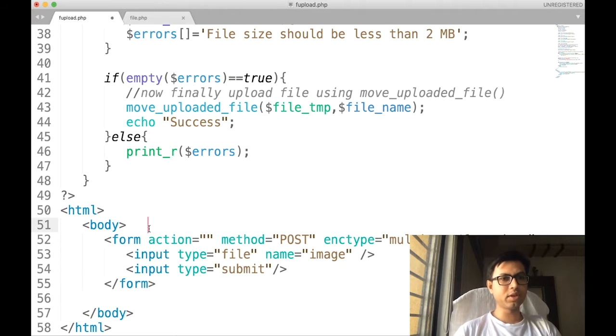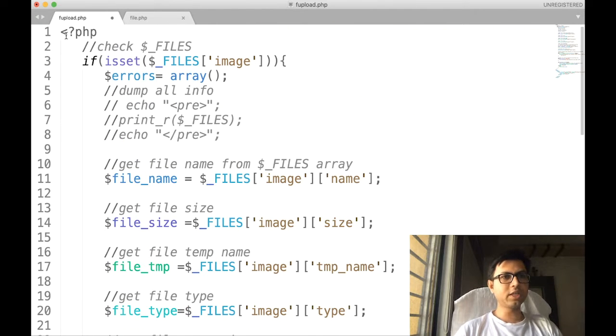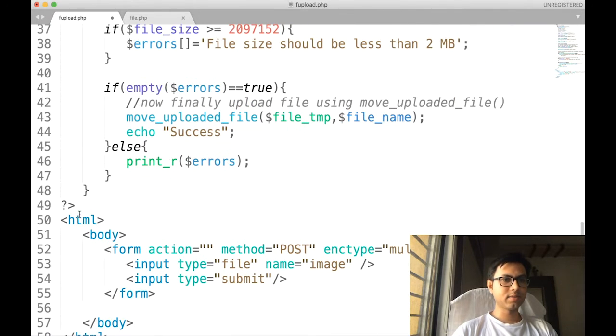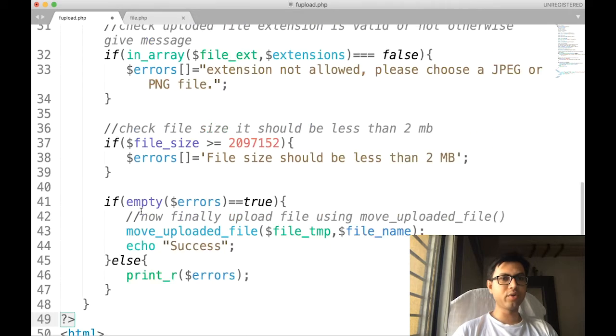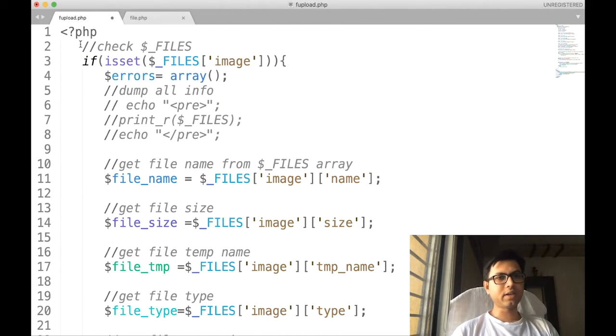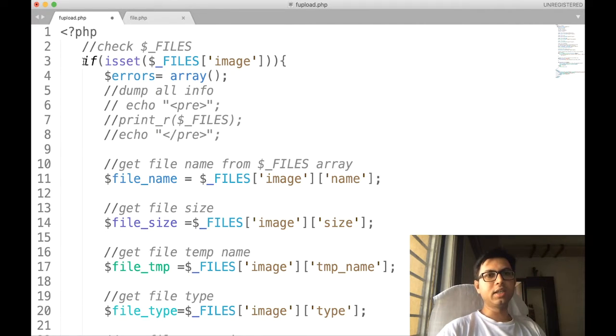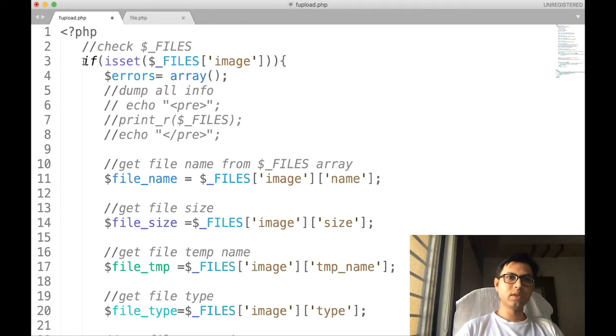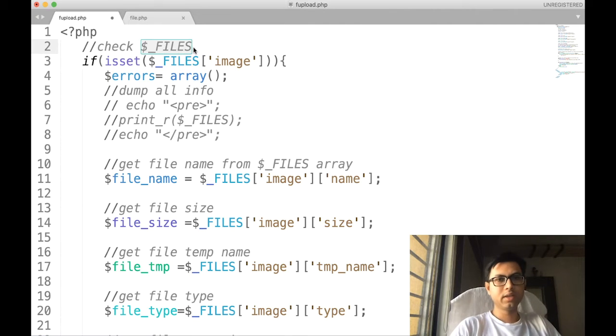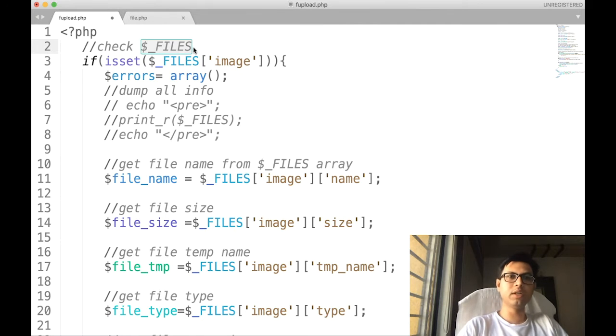Now let us explore the PHP part. As you know, PHP code is written in between these particular braces in the same program where you are writing HTML also. Okay, let us check this code one by one. First of all, for this functionality, we have to use a super global variable $_FILES. To implement file upload onto your server or local machine using PHP, you have to use the super global variable $_FILES.